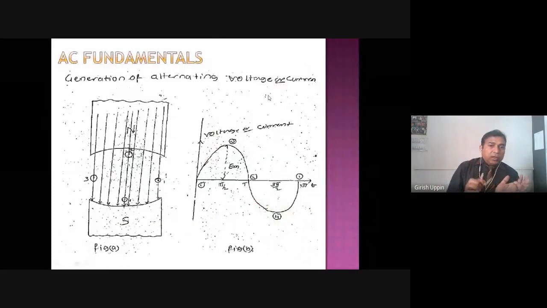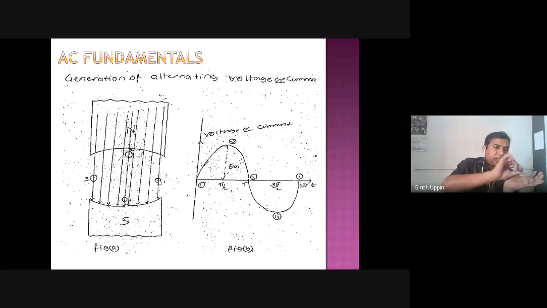Okay, so in this particular conductor, this is position 1, position 2, position 3, position 4, position 5. What we are going to do is, starting from position 1, rotate anti-clockwise in this particular magnetic field. We are not taking all the positions, just for the analysis purpose we are going to take these 4 positions. Position number 1, 2, 3, 4, and 5, that is back to 1 again. So it will make one rotation. Okay, I hope everybody understood.